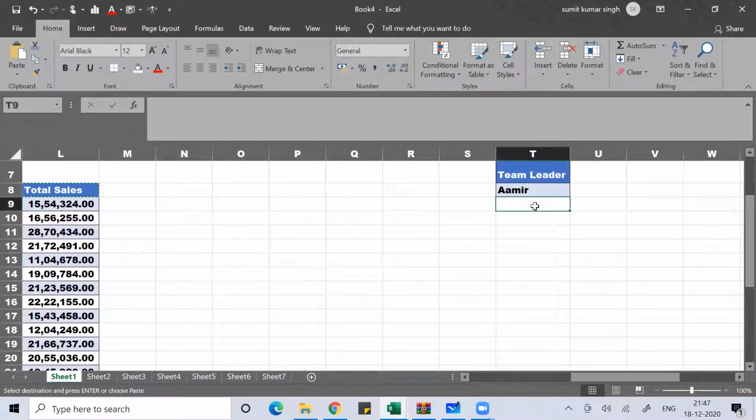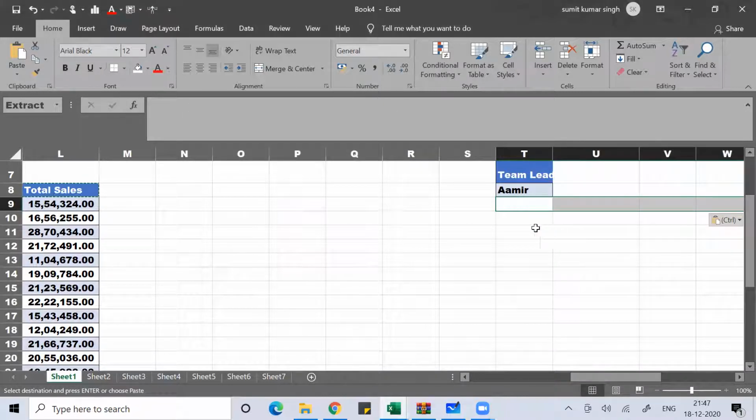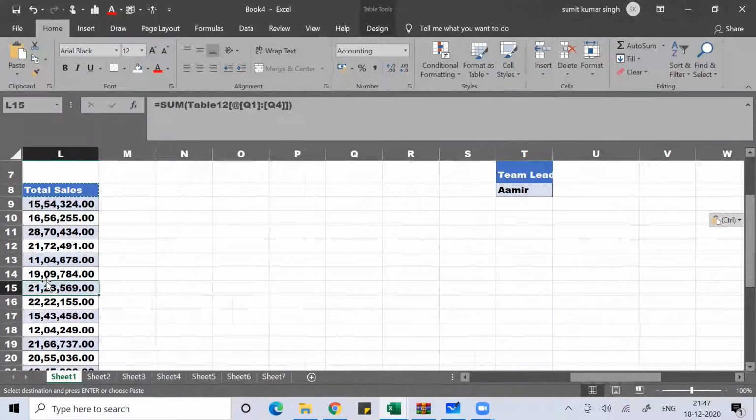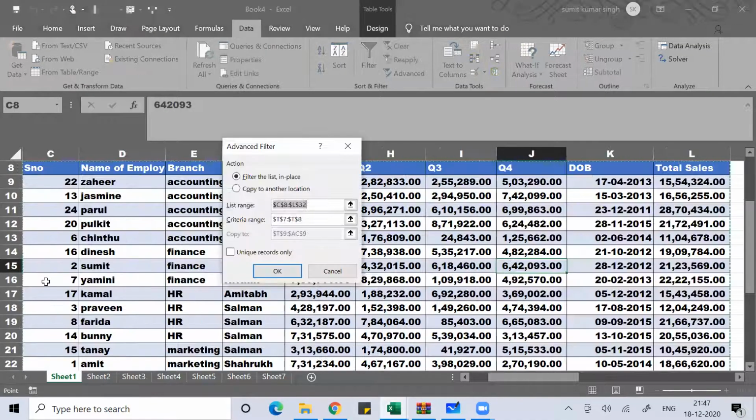Now I'll do a proper boundary, Alt ESW. With this I got a proper boundary. Okay, now pasting would be very comfortable for me. I'm putting my cursor within this table, Alt AQ. Okay, then this list range is the table.